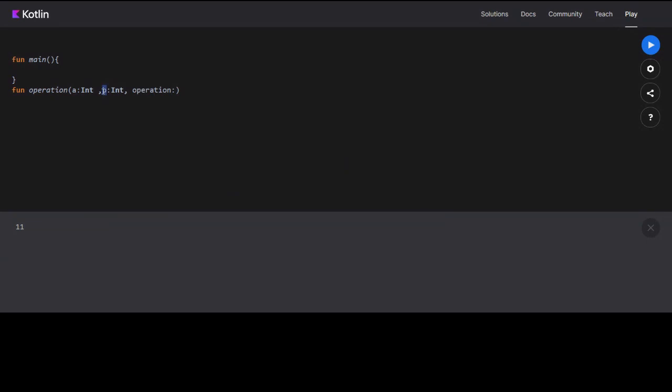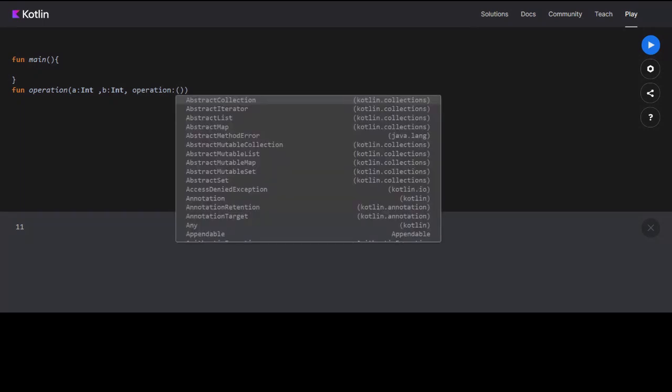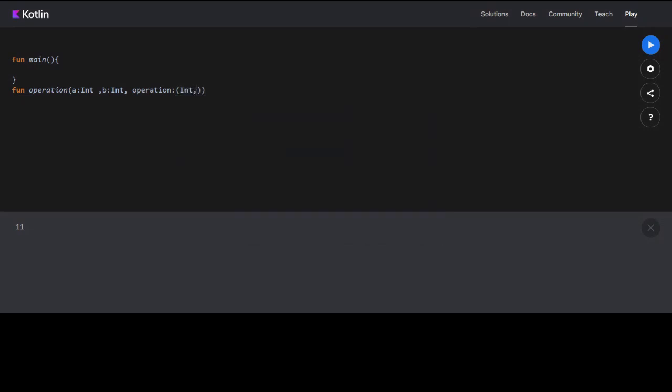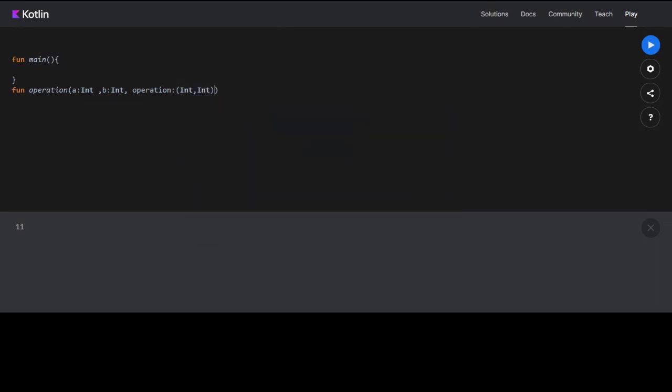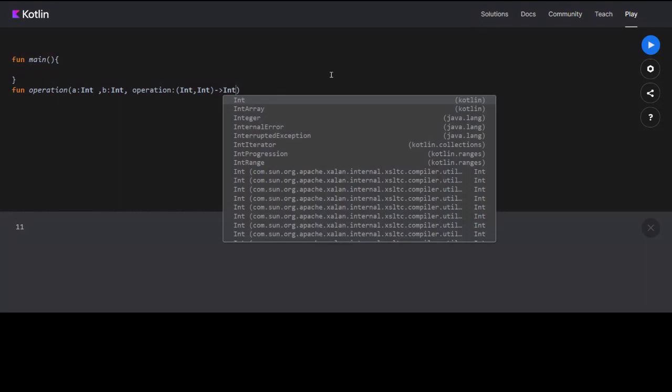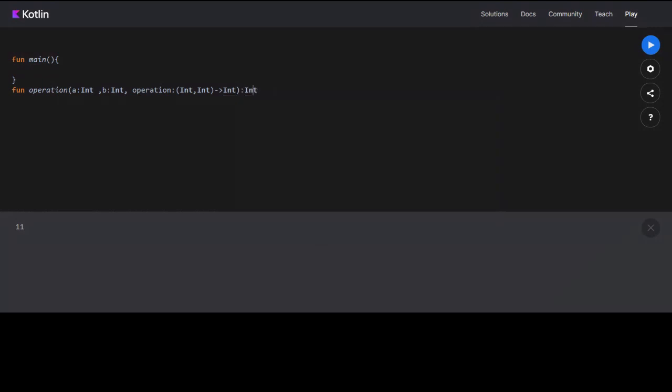Here we said the argument is b, type is integer. But now we want to define the type as function. To define the type as function, we just have to open a bracket, then give the types of arguments of that function. Our function will take two integers, then it will return an integer. Our operation function is going to return an integer, so we will pass that integer here.